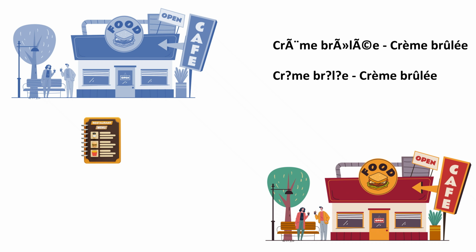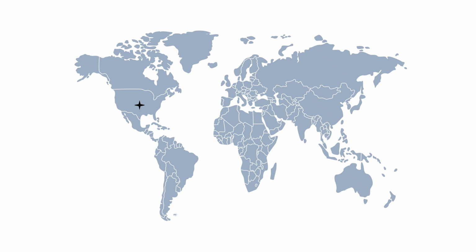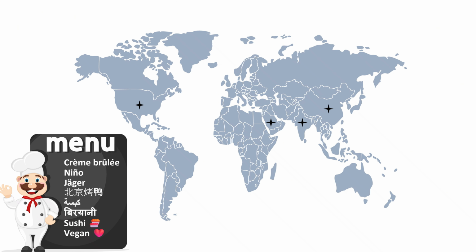So what they decided to do was upgrade to Unicode. That way, not only did they not have that issue anymore, but they could open their branches globally. Now they could send menus to their branches in China, India, or even in Arabic countries. Now, what is Unicode? There's a lot to Unicode, which needs its own video, which is coming soon. So stay tuned for that.